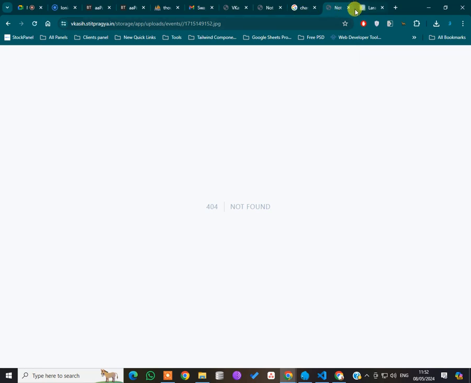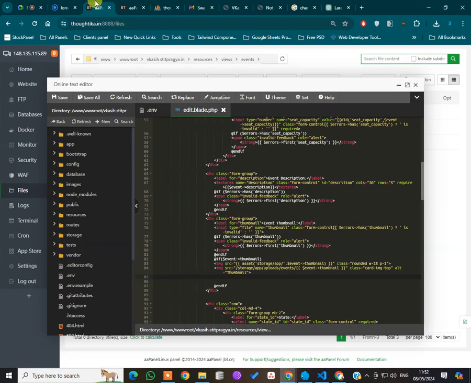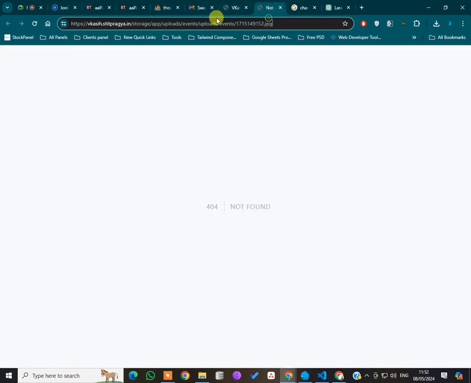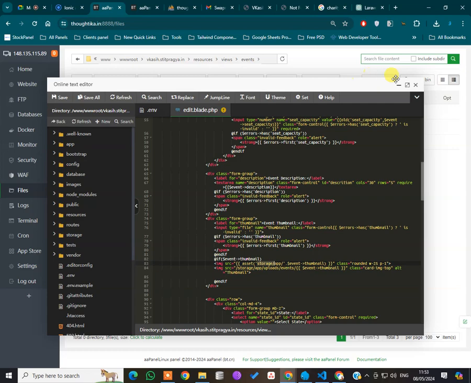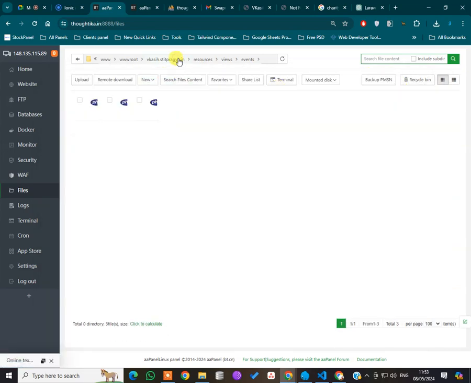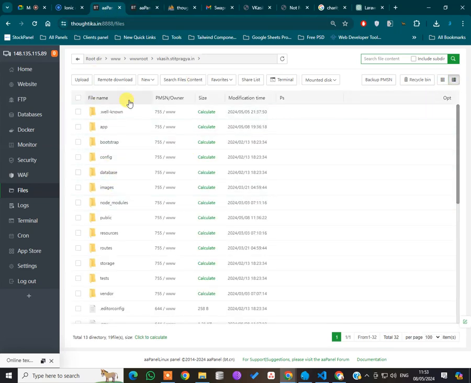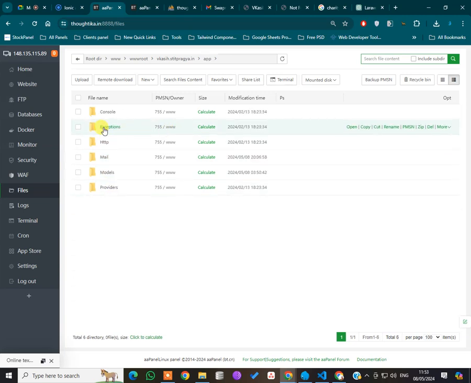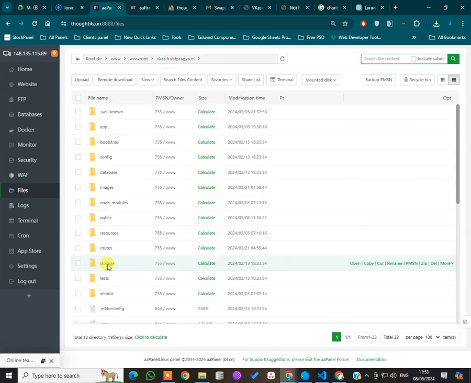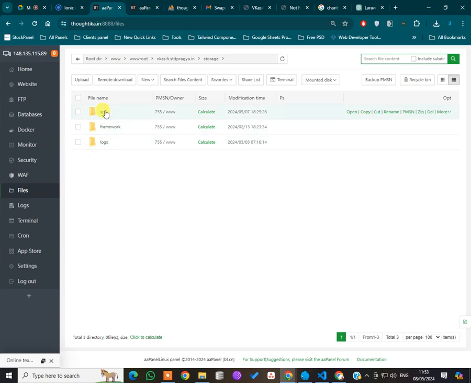Storage app. Problem here. Storage assets. Okay, let me check this one's details. The problem might be that we don't have the permissions for this. So app, right? 755 is there. And, okay, no, it's for storage, right? Storage 755, right? And then in the app,